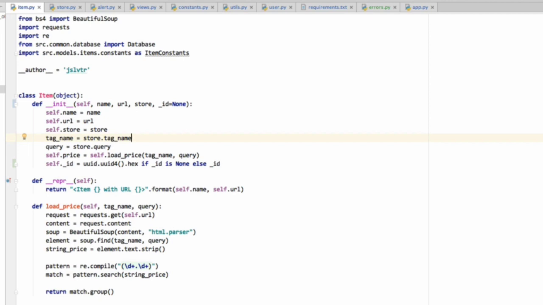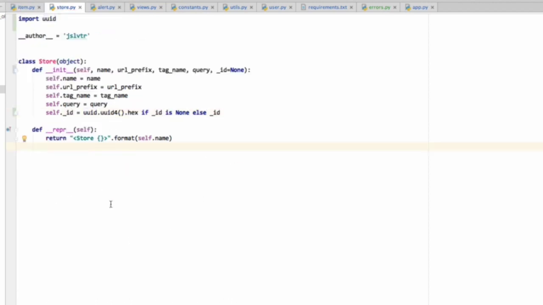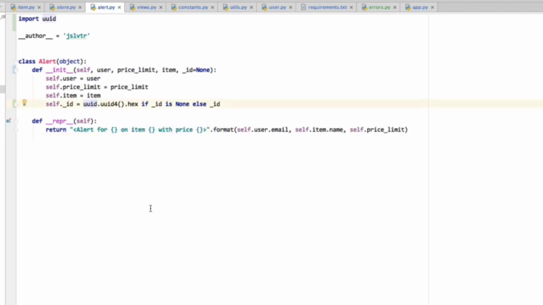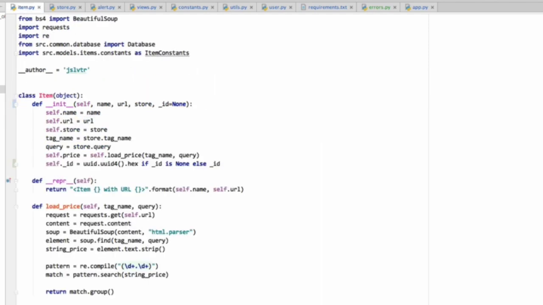In order to make sure that we are doing this, we're going to need to change the self.json methods as well. So instead of name and URL, we're also going to put here ID is self._id. We're going to put a comma at the end, of course. Go into the store, and when we get to save them, which we're going to do in the next video, we'll do that in the JSON, and in the alert, we'll do that in the JSON as well. So we're going to make sure that we're putting the _id in the correct places, so MongoDB doesn't generate one